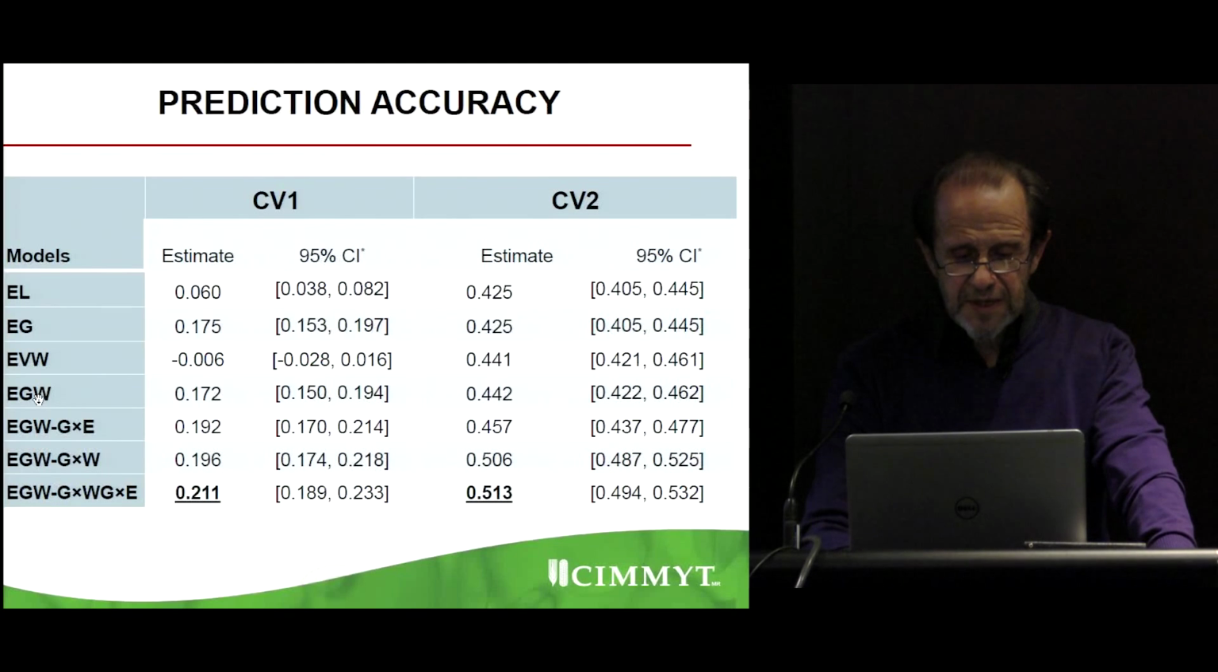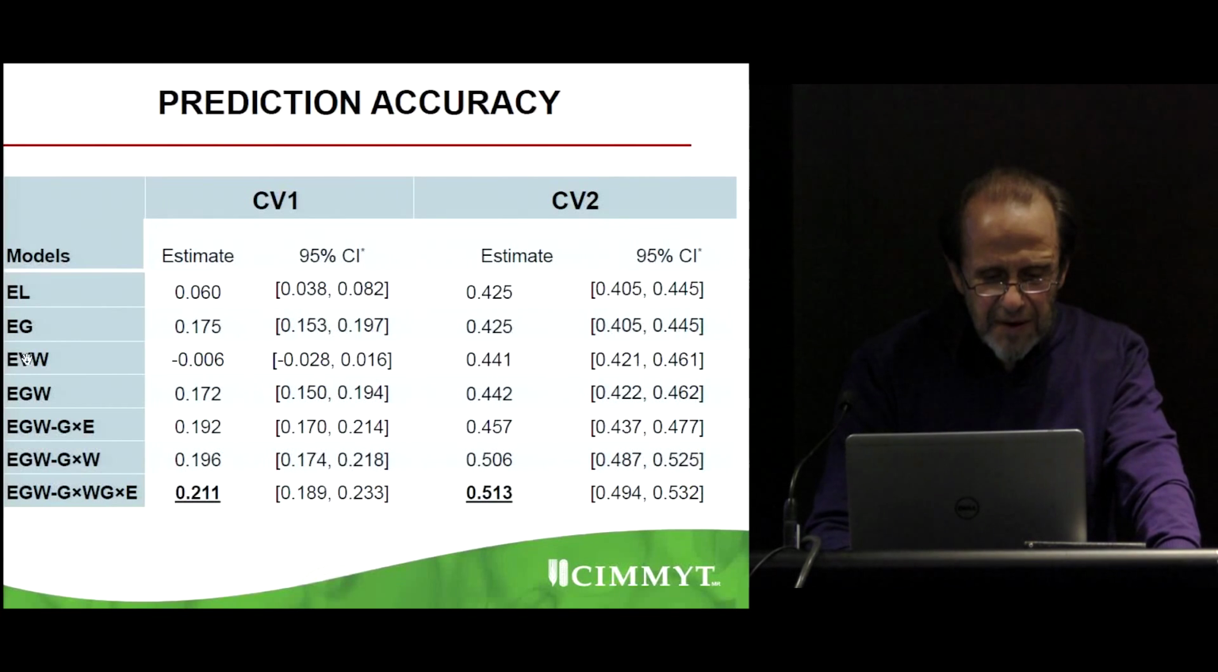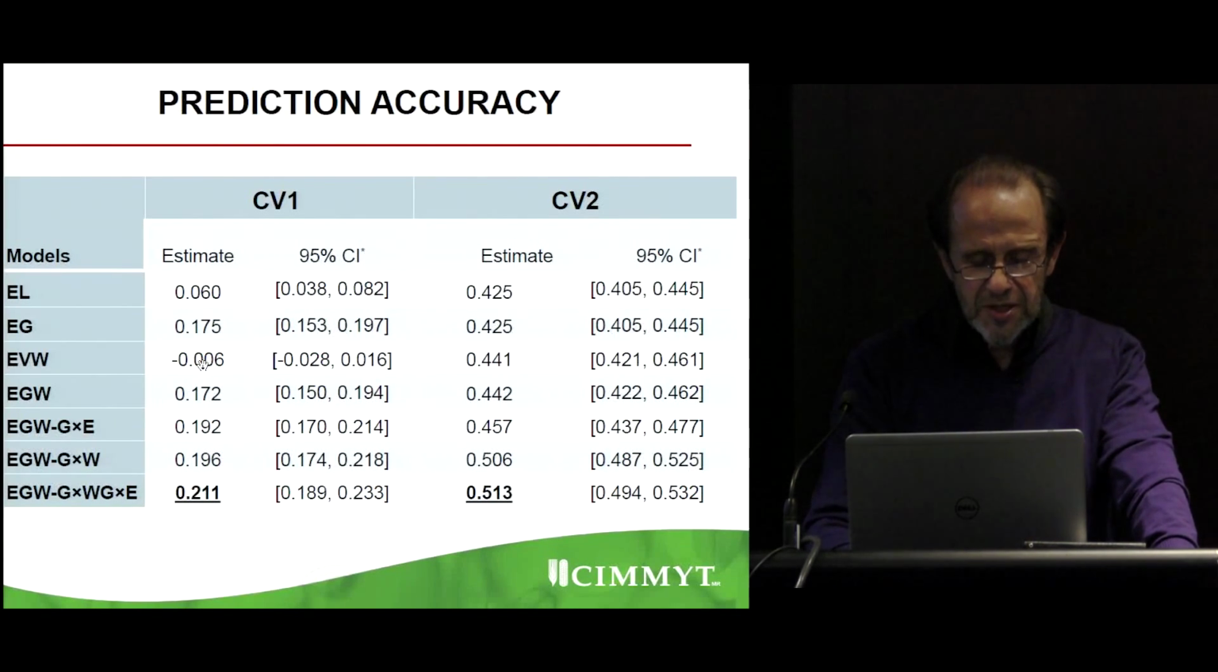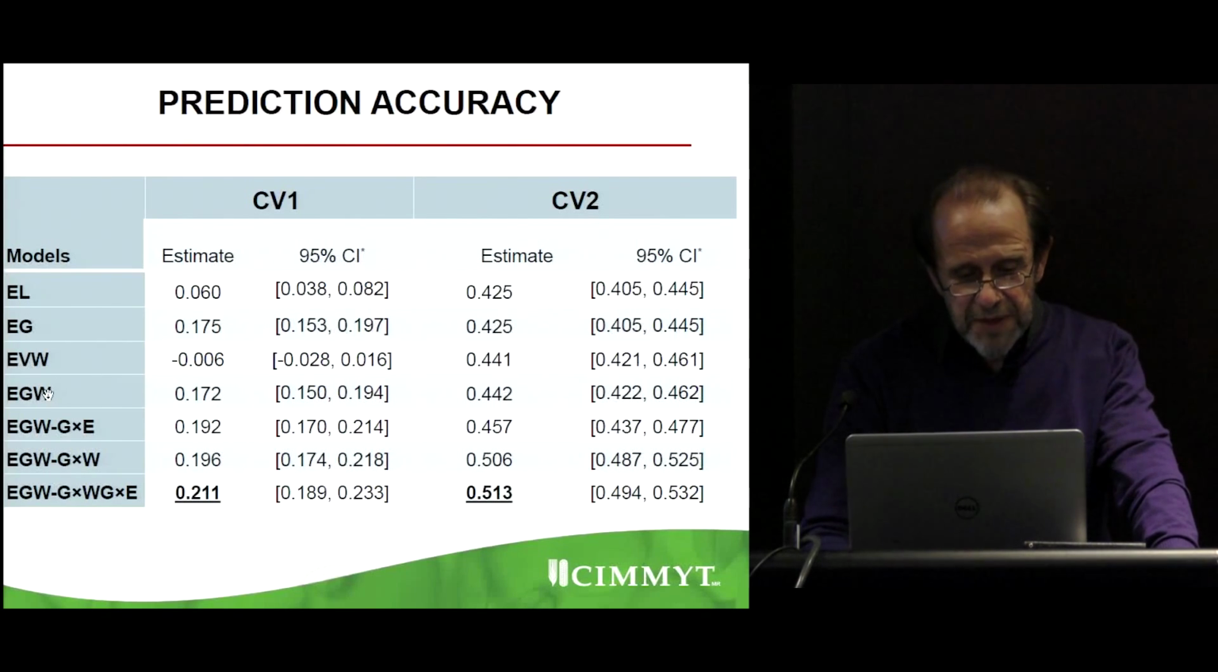These are the estimates for CV1. These are 50 random partitions eliminating 20% of the lines across all environments. This is the baseline, where genomics starts predicting something. This is environment and line. Environment, line and environmental covariables. You see, the environmental covariables did not help much, but genomics and environmental covariables did help something, but not